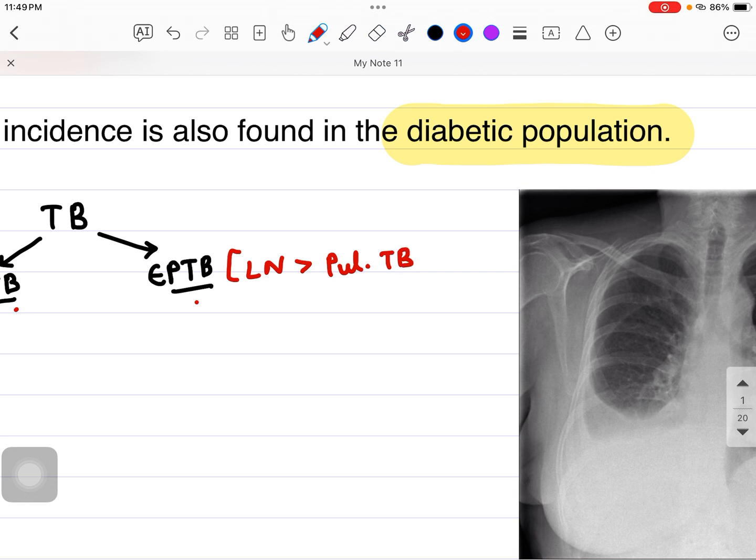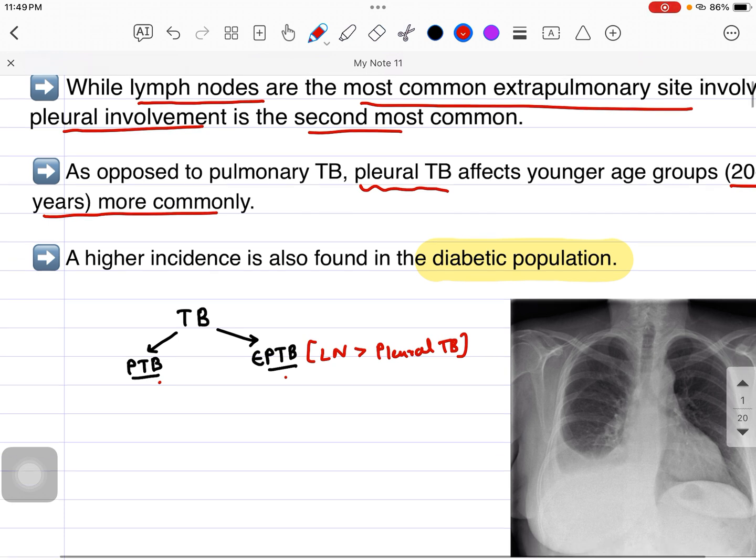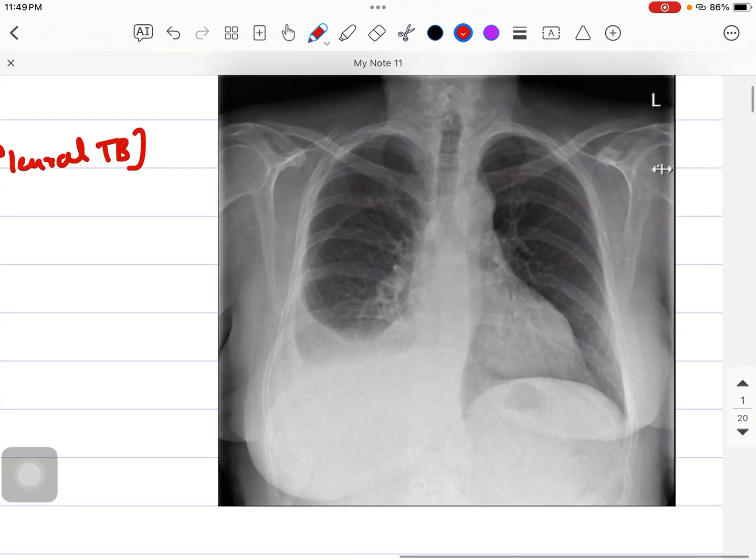Okay, not pulmonary tuberculosis here, rather I would say pleural tuberculosis. Okay, so pleural tuberculosis, right. The diabetic population is the major risk factor for pleural tuberculosis. The younger age group is the target for pleural tuberculosis, and here we can see the X-ray of one of